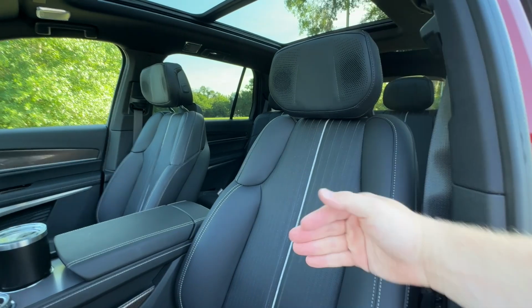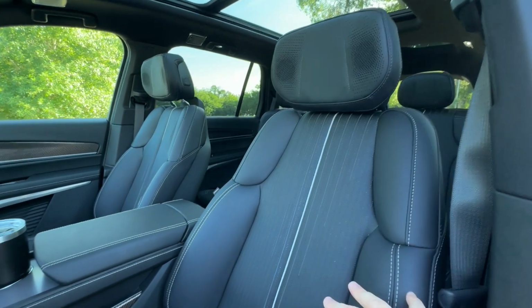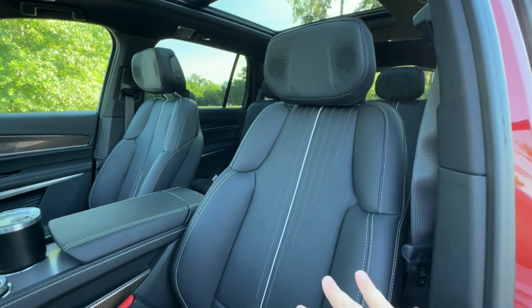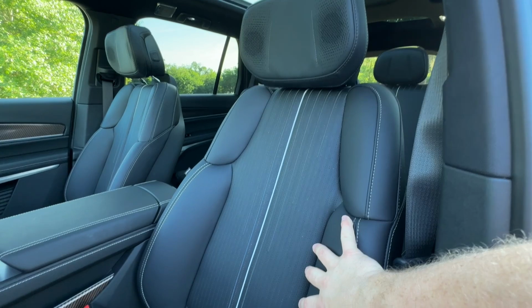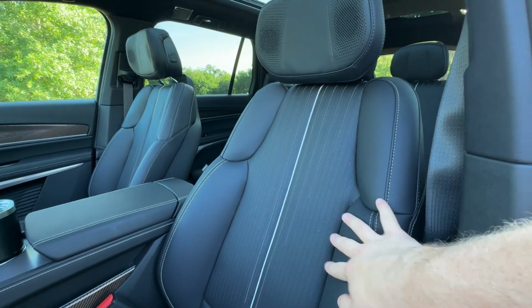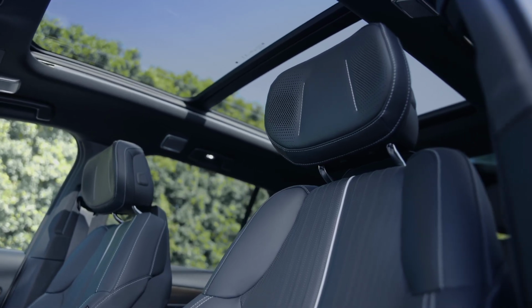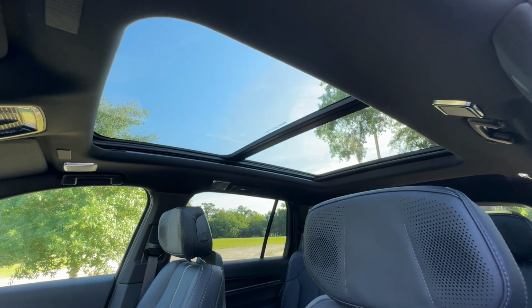Opting for the premium luxury opens up a blue interior that's absolutely gorgeous, and the platinum does have an available brown interior with a new luxe interior that is a little bit nicer leather than this. Those upper trims do have a little bit of a different pattern than this, but these seats are still really good. They are heated and ventilated with a massage. We do have speakers here in the headrest. This is a Cadillac thing, and we do have a really big panoramic roof as standard that opens as well,